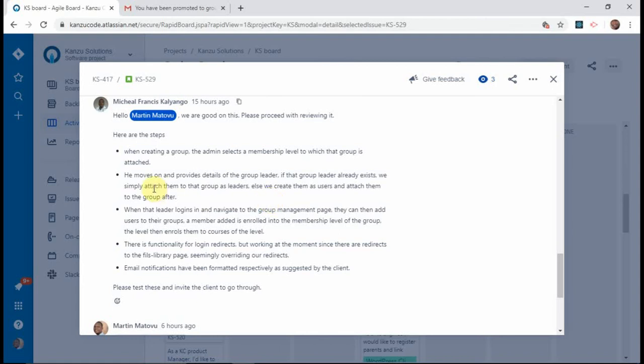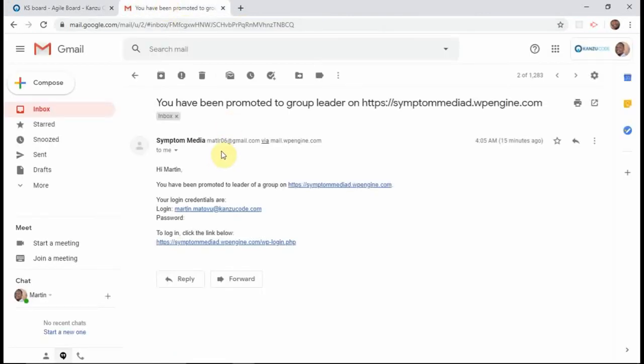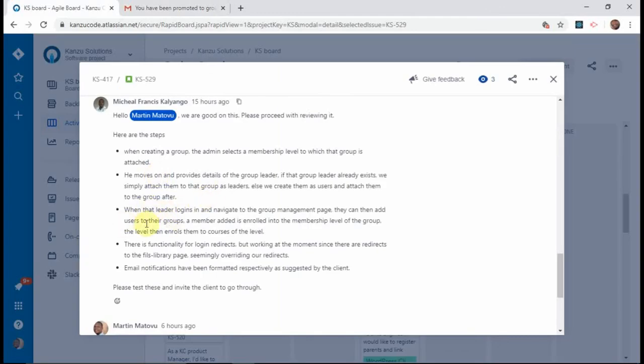so we are clear. Anyway, so I get this email, but like you see, there's no password actually. My assumption is, remember, currently I've logged in with the credentials of the client, so I think I'm literally an admin. That's why I was able to create a group and create this user. Is this password supposed to be auto-generated or something like that? Because that is what should lead us to part 3 now, this bit: when the leader logs in and navigates to the group management page. Because of that email and how it looks with no password, I'm not able to test from part 3